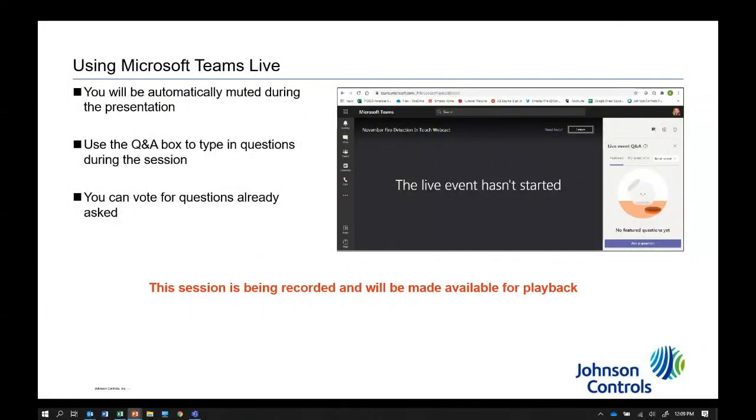We're using Microsoft Teams Live, as you can tell today. Everybody is muted, and during the session, you'll see a Q&A box up at the top of the screen. You'll be able to put in any questions or comments about anything in that Q&A box. We'll be monitoring this throughout the session, and we will open up for Q&A at the end of the session, and we'll make sure that we get all your questions answered. If someone else has asked a question that you like, click on it and do a thumbs up vote, and that way we'll see that there's one particular question that everybody is really interested in, so it'll help us focus. So with that, I just want to pass this over quickly to Edgar for some opening comments on the agenda.